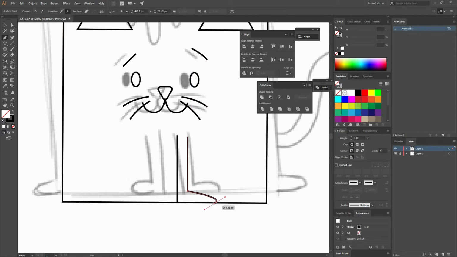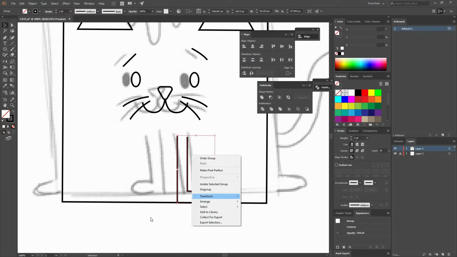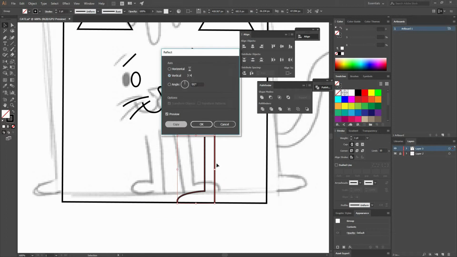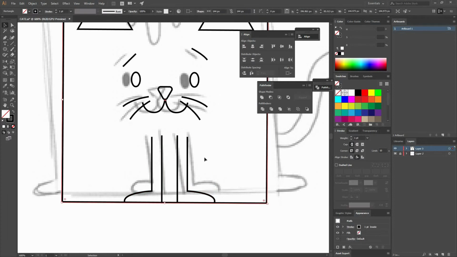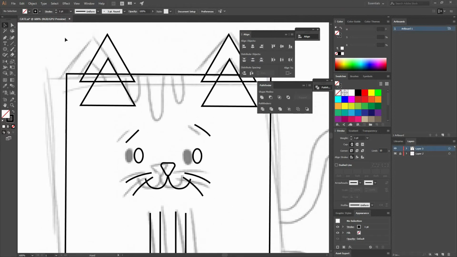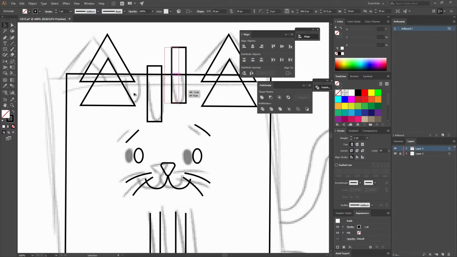And this is simply using the pen tool to create the lines that are going to be there on the square. So I'm just simply going to right click, transform, reflect, and make a copy, and just move it there, group everything, click on my big square, click on it again to make it a key object, and align them. Always be sure to align everything. Then I'm going to make some rectangle right here, then make a copy while I drag it and press Alt, and make the same here. Select the three of them.